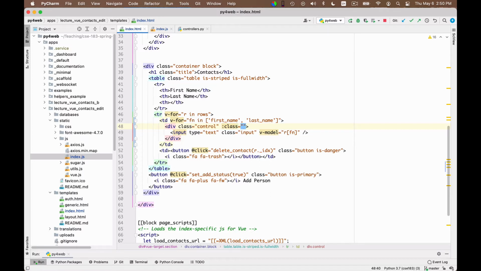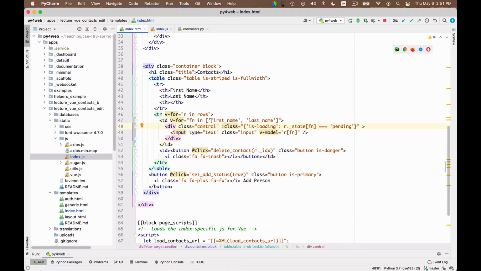Okay, this is Vue's way of saying that this class attribute is controlled by this expression. What you give here looks like a dictionary, but it's more like a conditional statement, and you say please attach to the class is-loading. So this is a class, and this is a JavaScript condition under which you want to add that particular class. And the condition is if the state of the row for your field name happens to be equal to pending. Okay? So this takes care of the correct class for the control element.